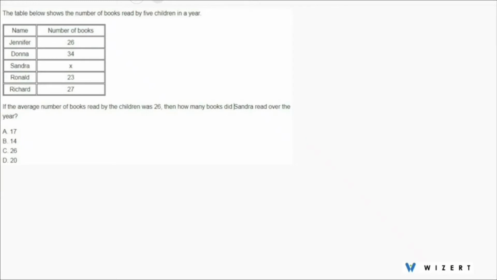We have this question here. The table below shows the number of books read by 5 children in a year. If the average number of books read by the children was 26, then how many books did Sandra read over the year? Now in order to know that, we need to first establish that average is calculated as sum of observations